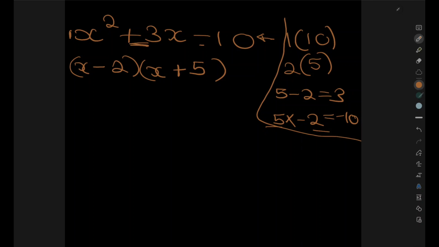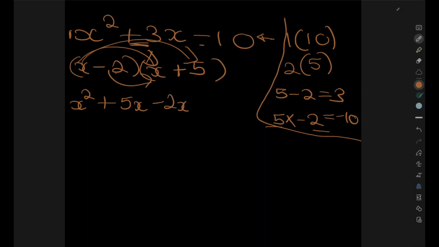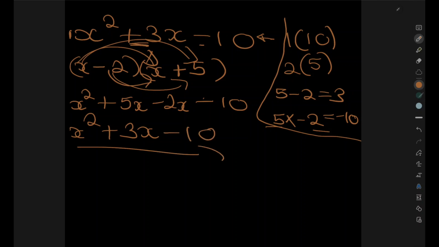If we FOIL this out, we get x squared from x times x, 5x from x times 5, minus 2x from minus 2 times x, and minus 10 from minus 2 times 5. The middle ones are like terms, so we can add them. If we add them, we have 3x minus 10, which takes us back to our original